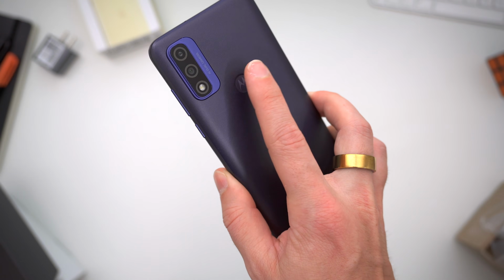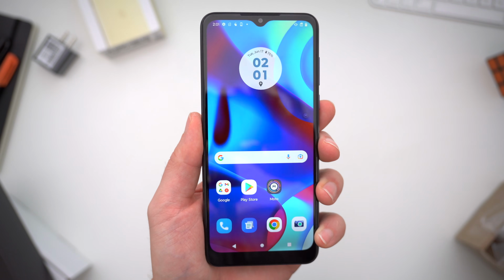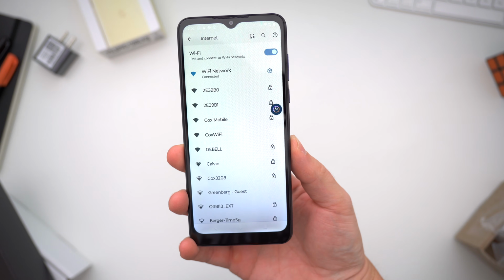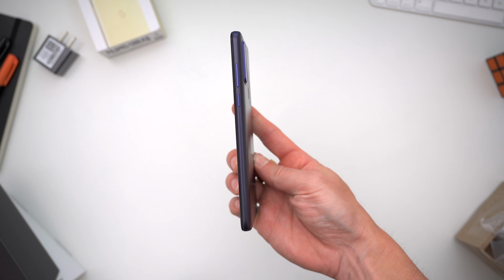Even the old school rear fingerprint sensor dimple. I mean, this phone literally was in totally perfect condition, front to back, top to bottom. Even the ports looked like they had never seen a plug. I don't think anyone will ever buy an acceptable condition 2021 Moto G Pure, but for the price, I guess